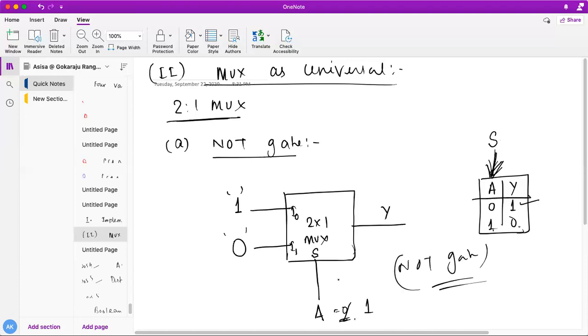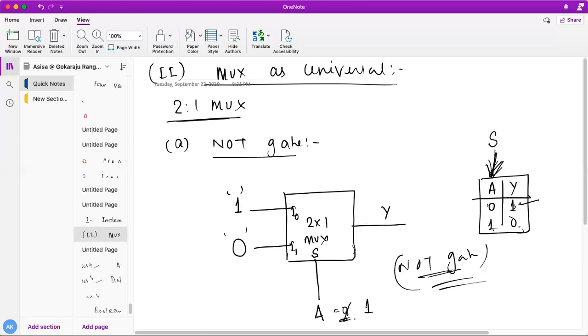You see here, according to the select line, if I put A0 here, my I0 is selected at Y. So since it is 0, I would be expecting my output Y is 1. My logic equation will be satisfied at that time only. NOT gate is nothing else. If I put 0, I'll get 1. If I put 0 here, I would be expecting a 1 at the output. So I'll be putting I0 as 1, so that if I put 0 here, 1 will be reflected